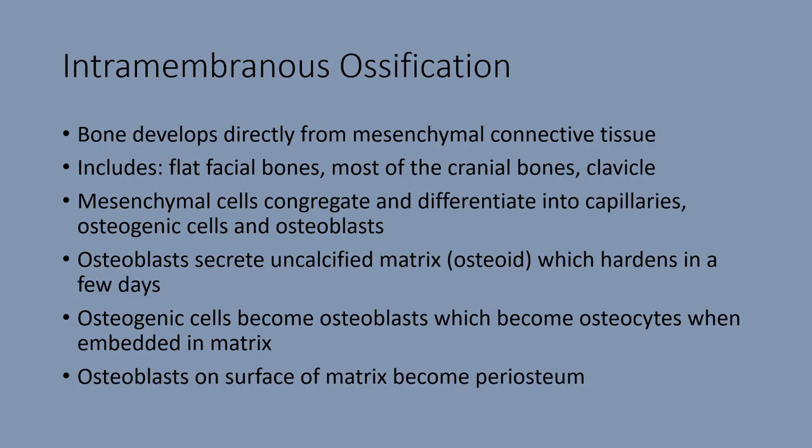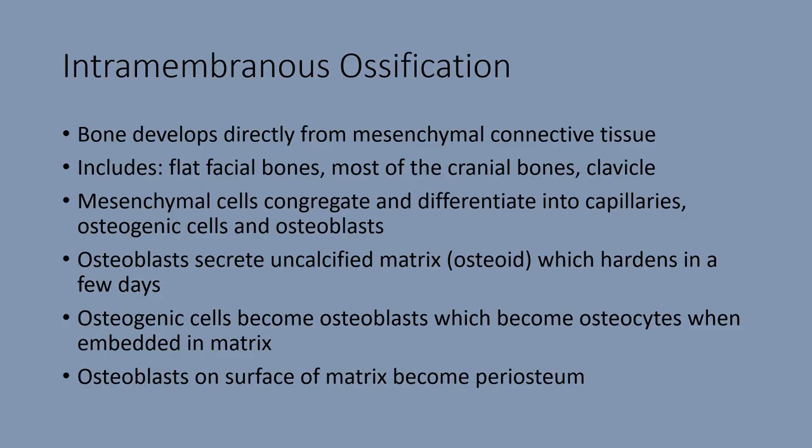Intramembranous ossification. There are two main types of ossification, and this is the first one we will talk about. This is where bone develops directly from the mesenchymal connective tissue. Mesenchymal is a type of embryonic connective tissue. This happens in a lot of your facial bones, most of the cranial bones, the bones in the head, and the clavicle. What tends to happen is these mesenchymal cells tend to congregate in certain areas, and they start to